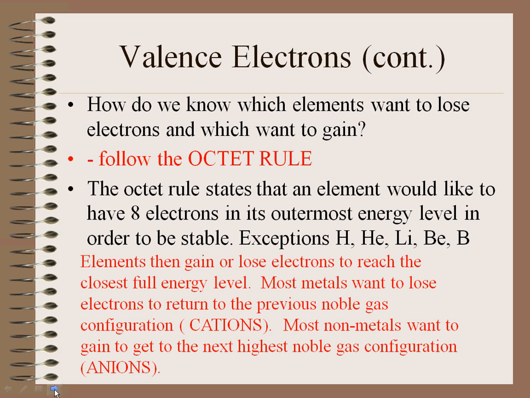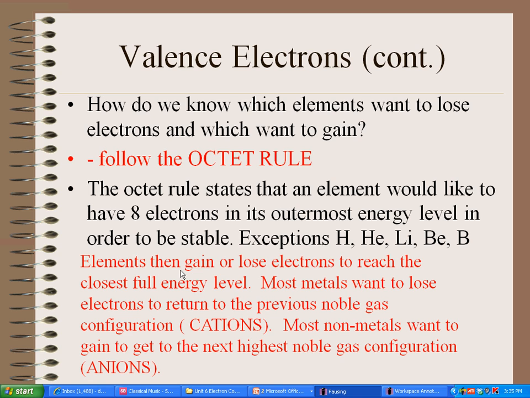How do we know which elements want to lose electrons and which want to gain? We want to follow the octet rule. Okay, the octet rule states that an element would like to have 8 electrons in the outermost energy level. Some exceptions would be hydrogen, helium, lithium, beryllium, and boron, because this one starts at 1 and this one only gets up to 5. Okay, so all the rest of the elements either gain or lose electrons to reach the